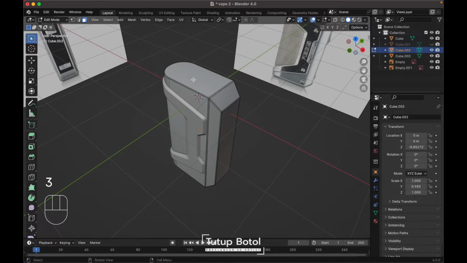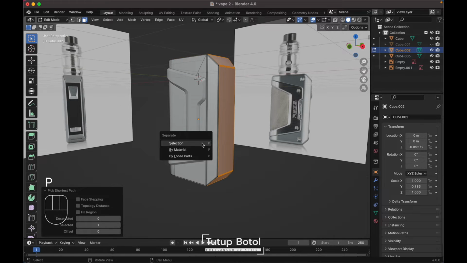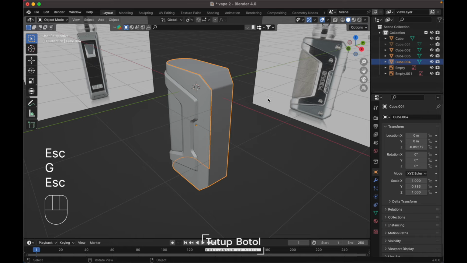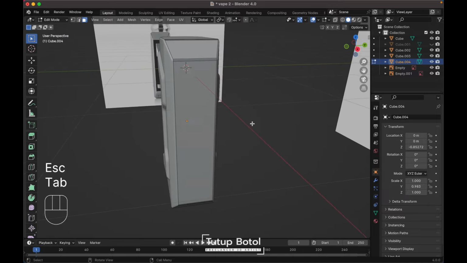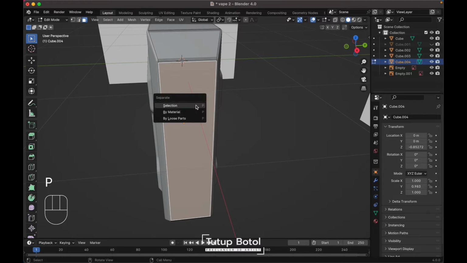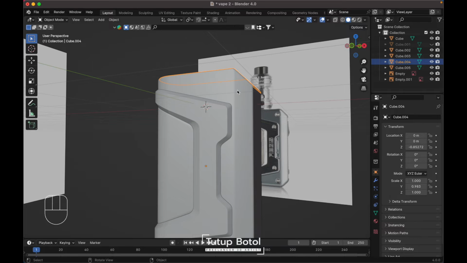go to the face mode, select this face, hold Control, select this face, and this face again, press P, selection, so it will separate the object, and select this object, tap to the edit mode. We need to separate more, just select this face, press P, selection,